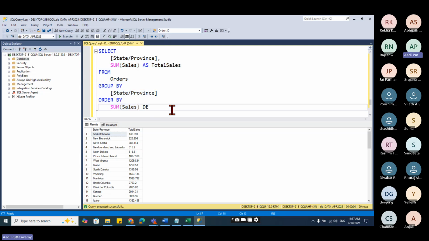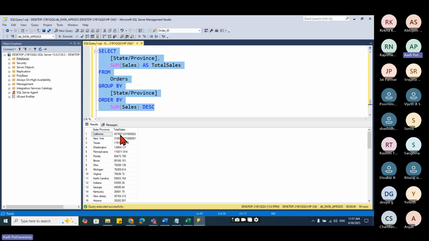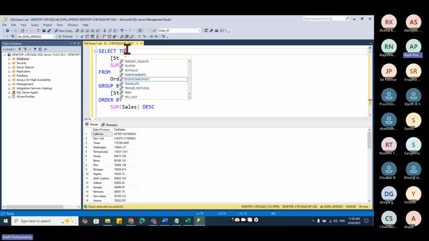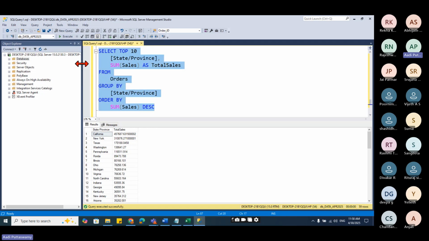We'll say DESC so that I'll get the highest value on top. See, the highest. Understood? So let's go here and say top 10 out of it. Select. See, I'm getting the top 10.